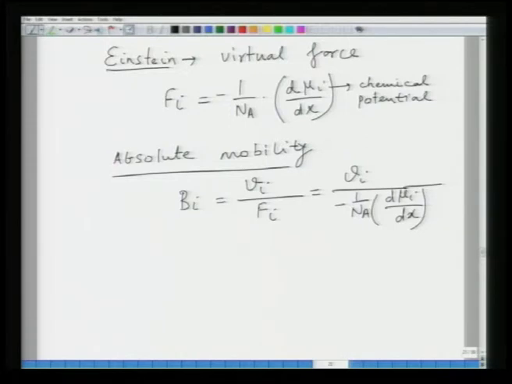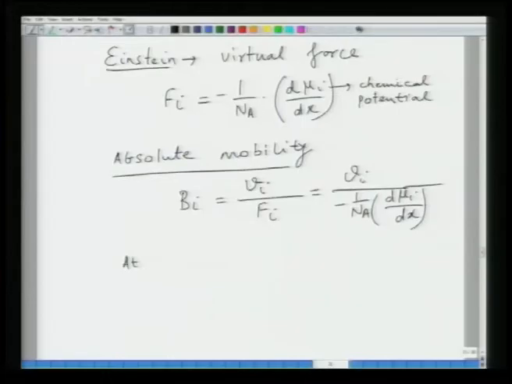Now what we need to do is find a relation between this mobility and the diffusivity in order to create a formalism, and to do that we first of all need to write what the flux of atoms is. And what is the flux? Atomic flux. So, we are considering diffusion in a system. Diffusion of, let us say, any particular species, it may be a defect, it may be an interstitial, whatever, but we are considering this as species i.